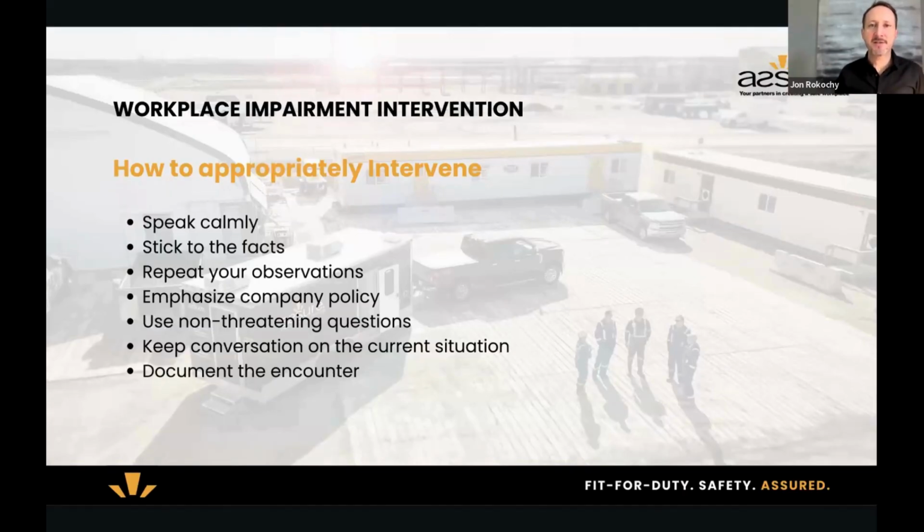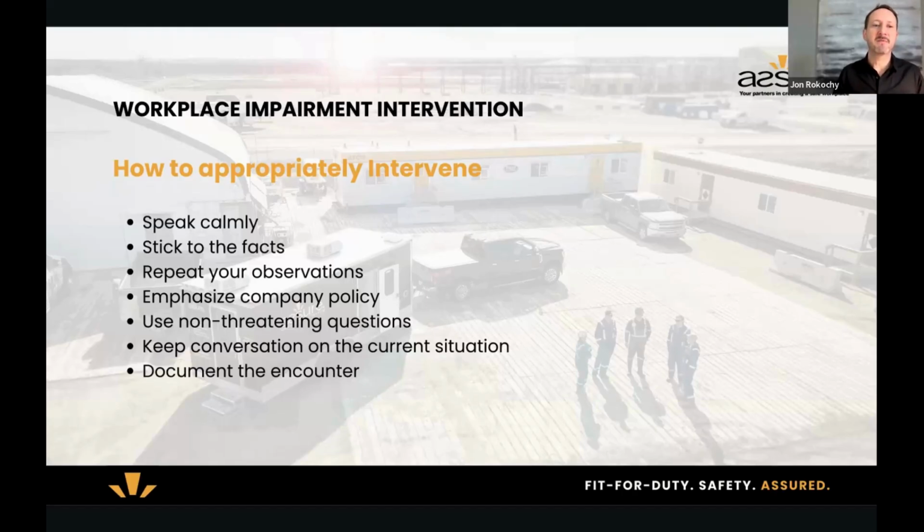So you're going to stick to the facts. They might bring up, why are you picking on me? We all know that there was an issue with so-and-so last week and you guys didn't do anything. Different things might come up in these moments. We're going to stick to the facts, here's what we're talking about. We're talking about what happened today with you. That's it. Right now, if it's appropriate to talk about those other things, we'll talk about them later. But right now, we're talking about this situation at hand.